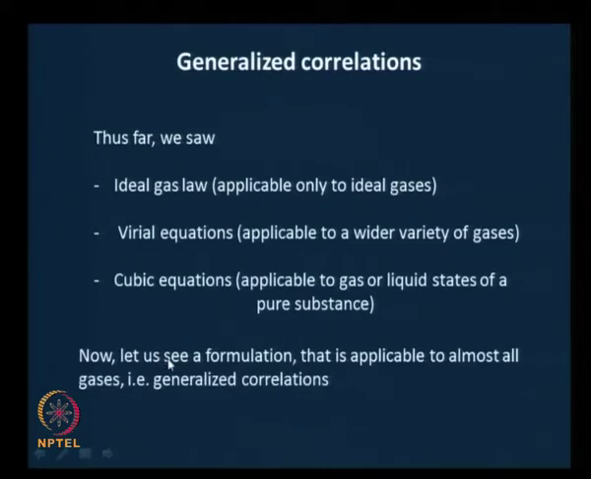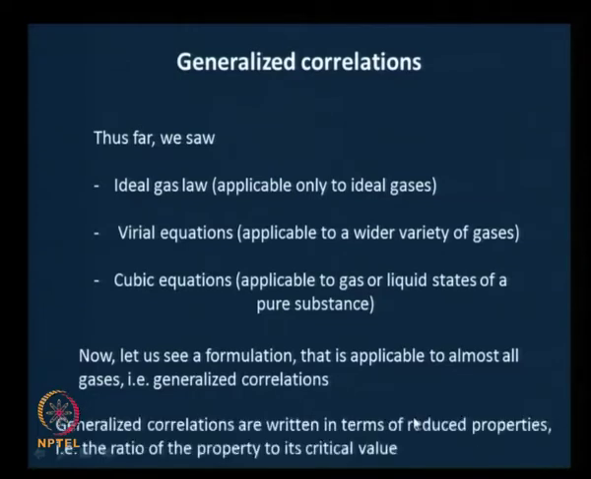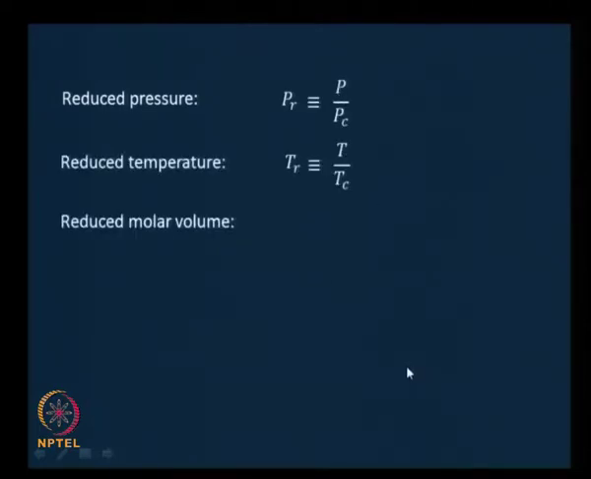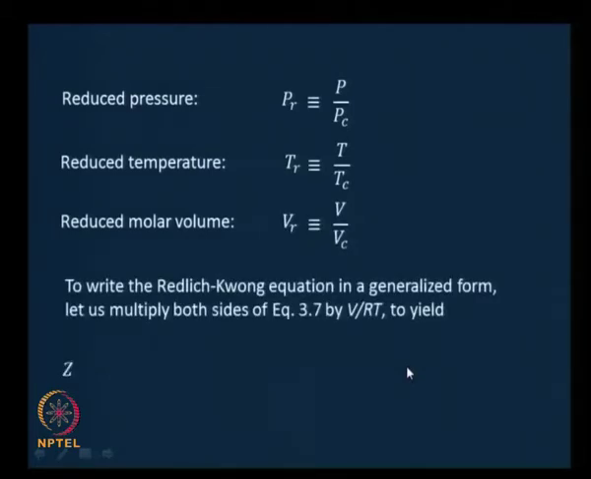Now the generalized correlations are applicable to all gases in general, and they are given in terms of reduced properties, which are nothing but the ratio of the actual property to its critical value. For example, reduced pressure PR is P by PC, reduced temperature TR is T by TC, and reduced molar volume is V by Vc. This is the way to write the Redlich-Kwong equation in a generalized form. We went about showing how to do this,